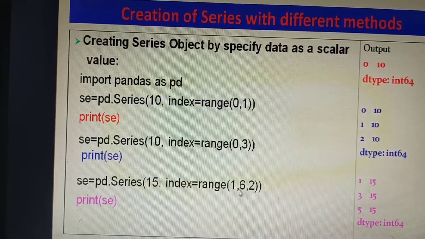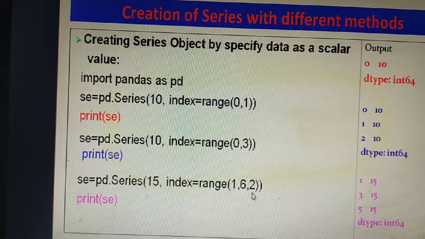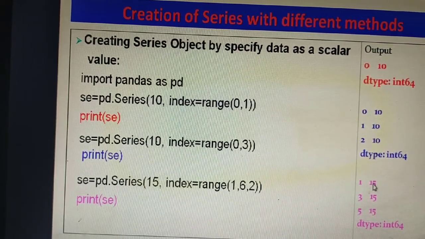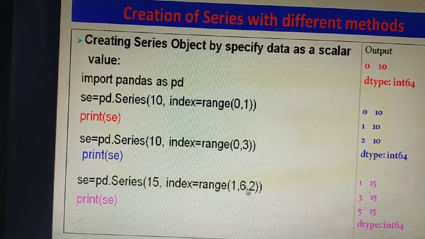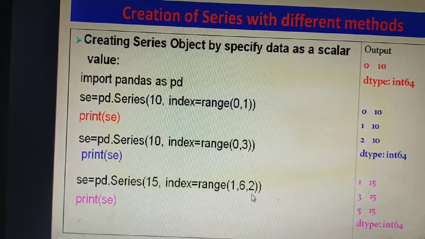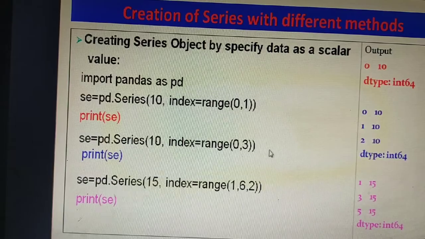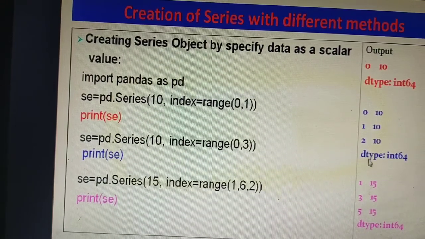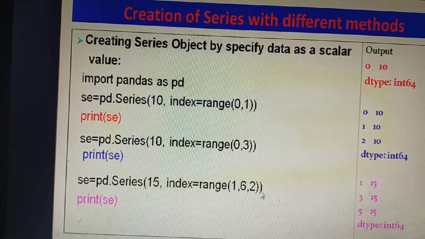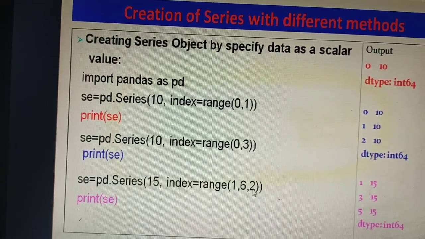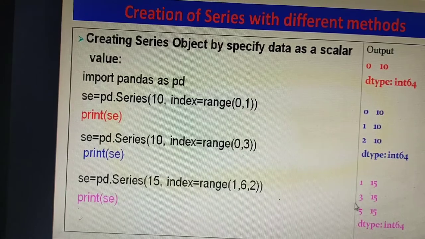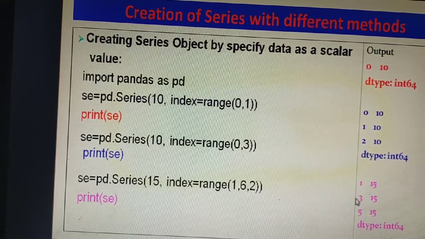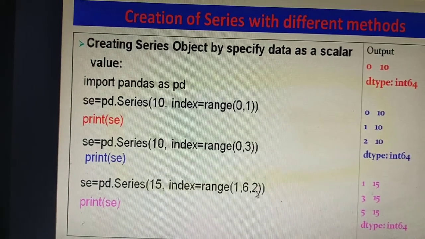So here the range is 1 to 6, and step 2 means it will jump 2 steps. 1 के बाद 3 आएगा, 3 के बाद 5 आएगा. इस तरह इंडेक्सिंग फॉरवर्ड होगा 2 स्टेप्स. अगर स्टेप्स नहीं दिए रहते तो वो कंटिन्यू फॉरवर्ड होता है. 0 के बाद 1, 2, 3, इस तरह से फॉरवर्ड होता है. अगर यहाँ पे कोई भी स्टेप्स दिया रहेगा नंबर, तीसरा नंबर, तो वो उतना नंबर जंप करेगा. 2 रहेगा तो 2 नंबर का जंप, 1 के बाद 2 को छोड़कर सेकेंड वैल्यू को प्रिंट करेगा,